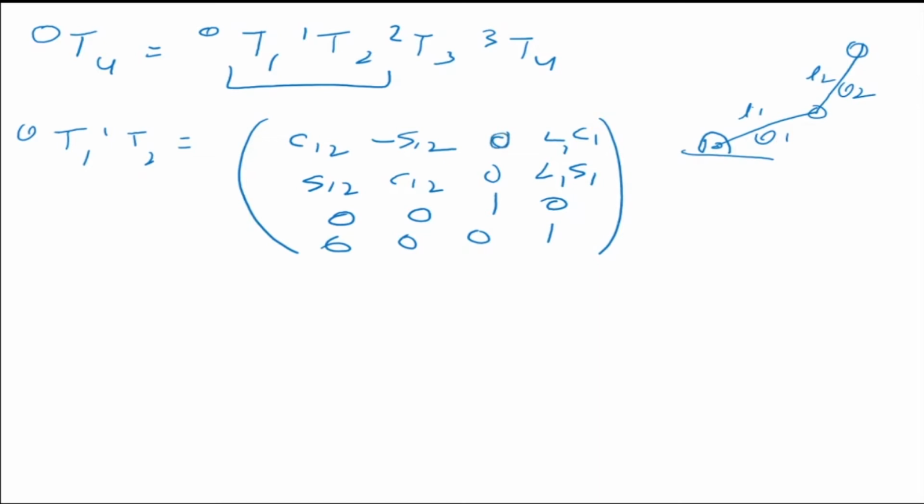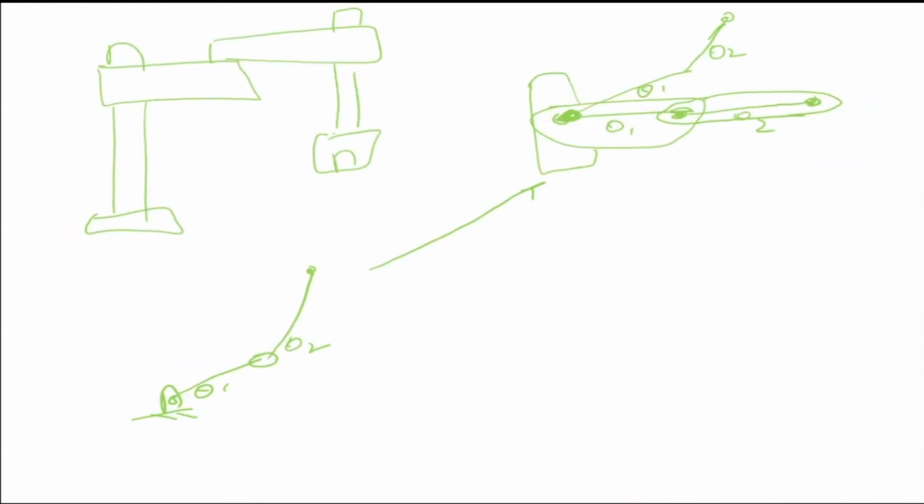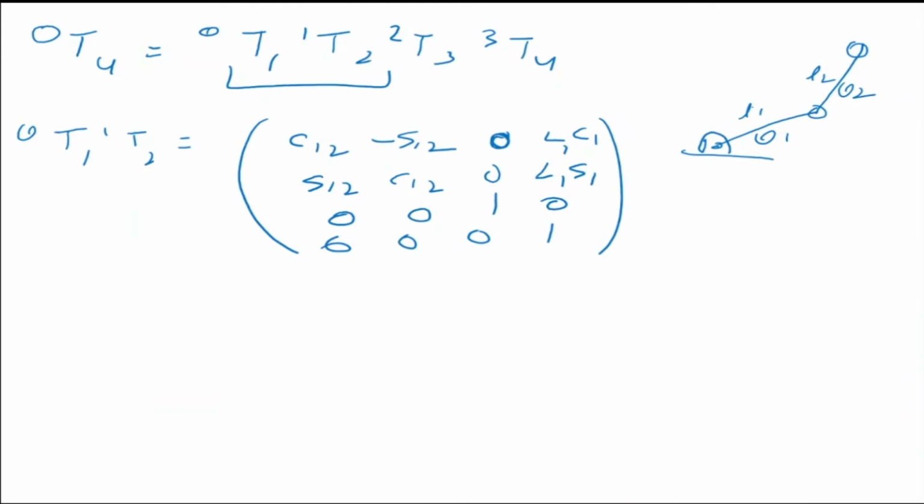So when I multiply the first two matrices, what I'll be getting is this one. Let's look at the first two matrices again. This is one matrix and this is the second one. When I multiply them out, what I'll be getting is this one. Next, I multiply this with T2 to 3. So multiply 2 to 3. What I'll be getting is